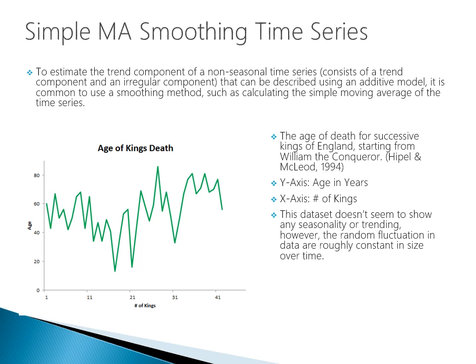This data set, when we look at it, doesn't seem to show any seasonality or trending. However, the random fluctuations in the data are roughly constant in size over time. So just by looking at this data, we see no discernible pattern or trending, but we do see the random fluctuation is somewhat consistent. This essentially suggests to us that an additive model could be used to describe the data set. So by visually looking at the line graph in this case, we can make some reasonable assumptions that an additive model will work.